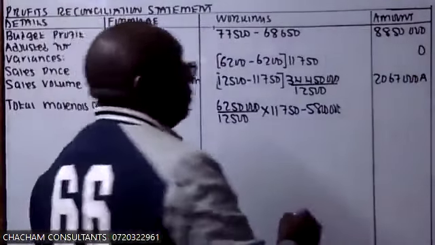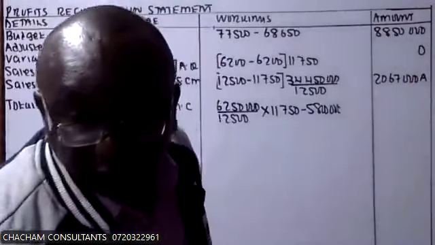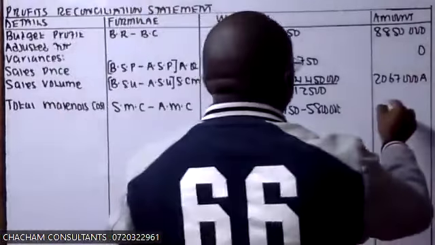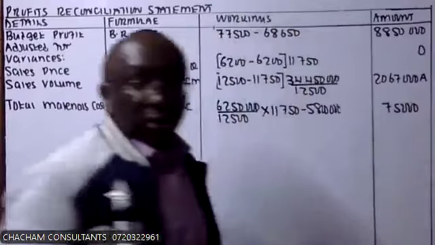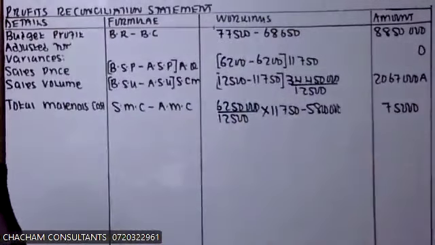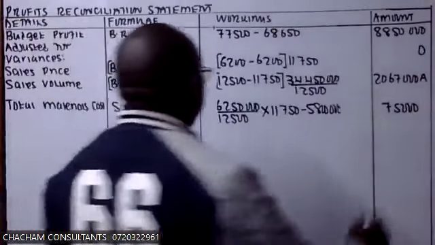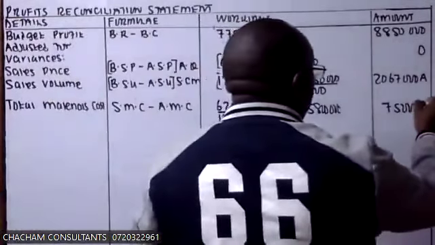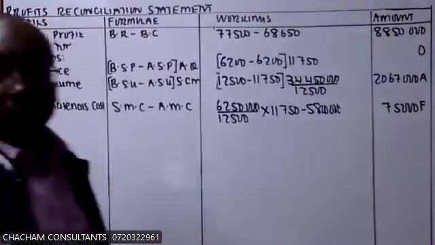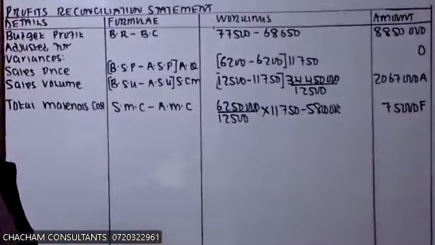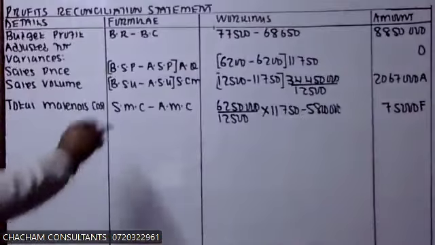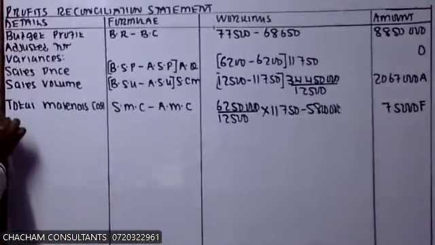So 75,000. Now, if it is positive, that means this is favorable. It's favorable because it means the actual is less. Okay, let's come to total